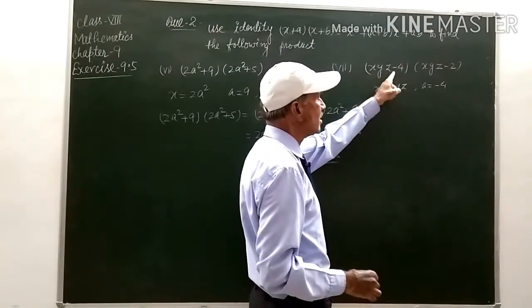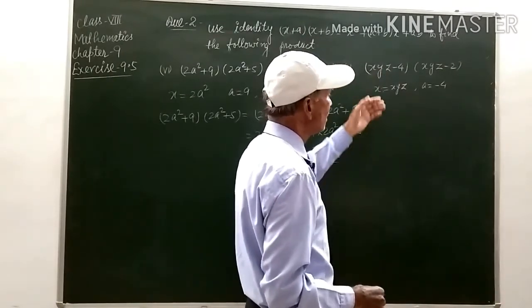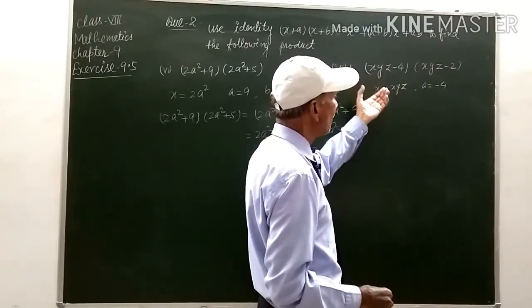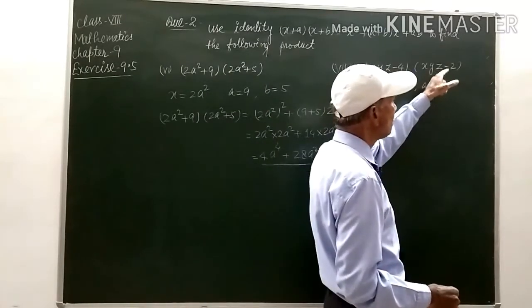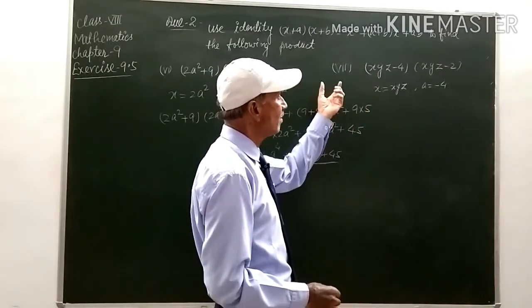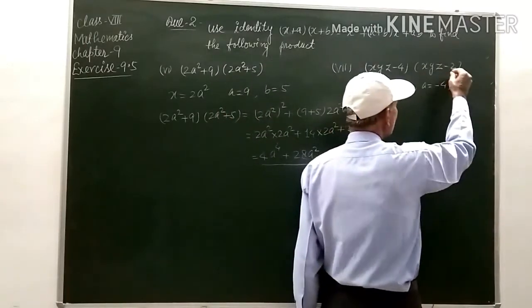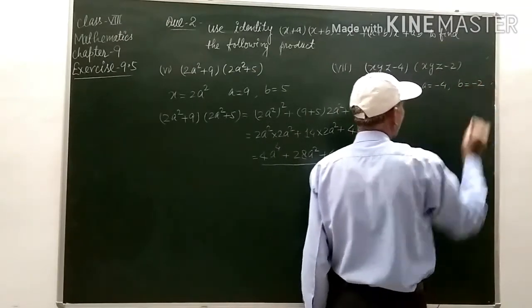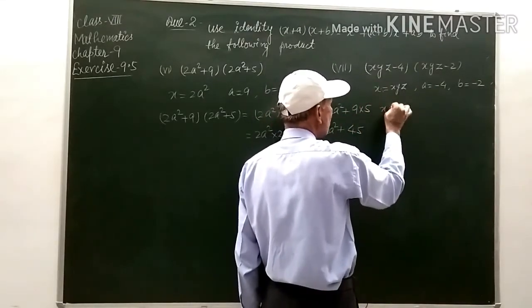So in this, first of all we have to make this according to the identity. सबसे पहले हम आइडेंटिटी के अकॉर्डिंग इसको चेंज कर लेंगे, और उसमें हम देखते हैं कि xyz plus -4 and xyz plus -2, जैसे हमने क्वेश्चन नंबर इसी क्वेश्चन के थर्ड पार्ट में किया था, सेम उसी की तरह से इसको चेंज कर लेंगे, and in this b is equal to -2, sorry -2 here. Clear, student?